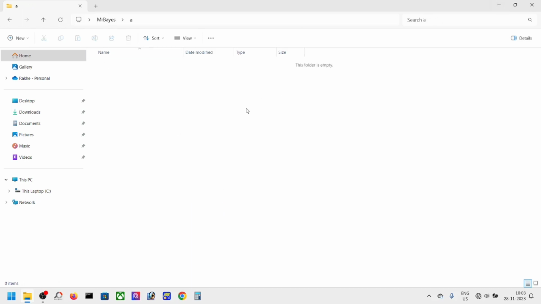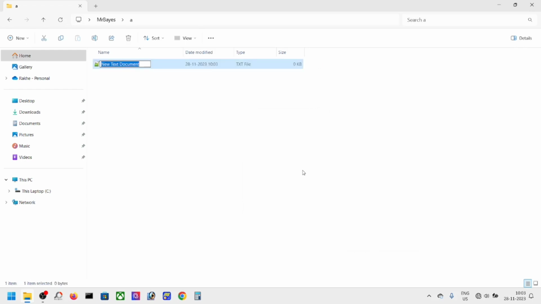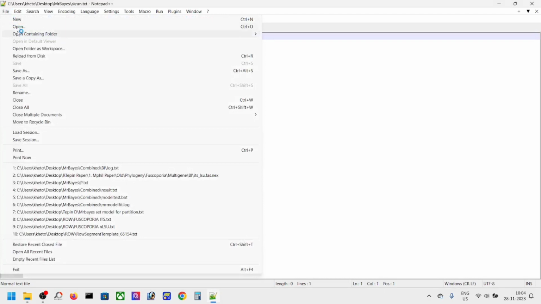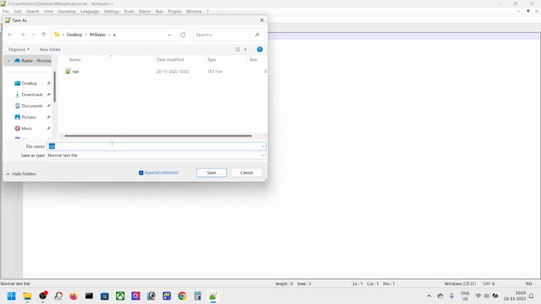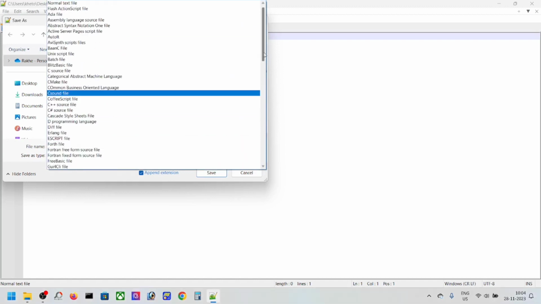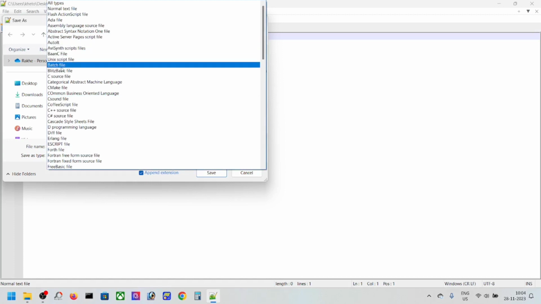So for example, if you want to make a batch file, just first make a new text document and rename it as you want. Like for example run or whatever you want to make. Just choose a name of your liking and then open it and then save as. Change this normal text file to batch file here